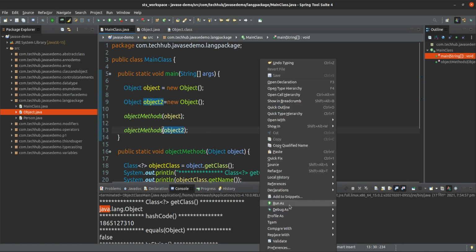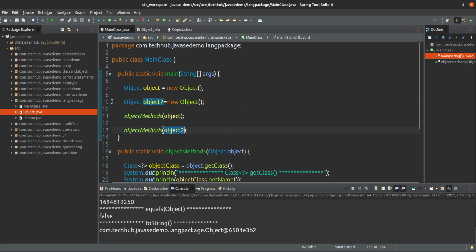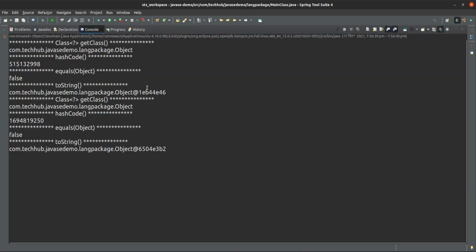Now what will happen? I will run this one. Yes, if you see the output, this is the output for the first object. This is the output for the second object.